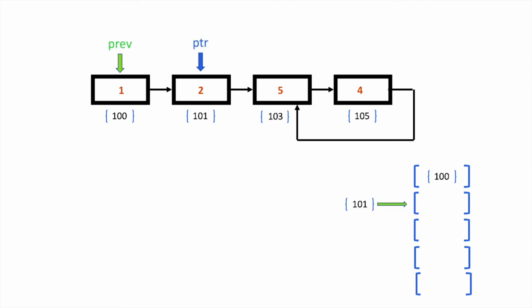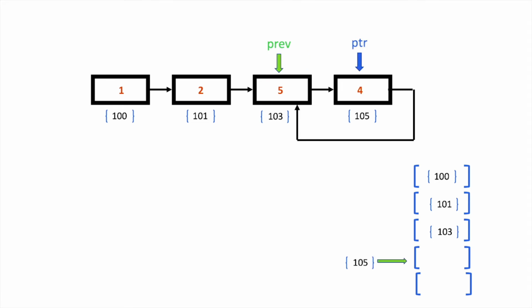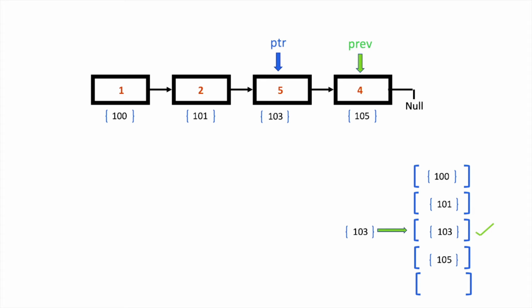If the address is not present in the hash set, we will add the address of that node to the hash set and we will set the previous pointer to the current node, that is the pointer, and we will move the pointer forward. And we will keep iterating this process until we find a match in the hash set. So once we see that the address location is present in the hash set, at that time we will break our iteration over there and we will set the pointer of the previous object to null. And thus we are removing the loop within the linked list.